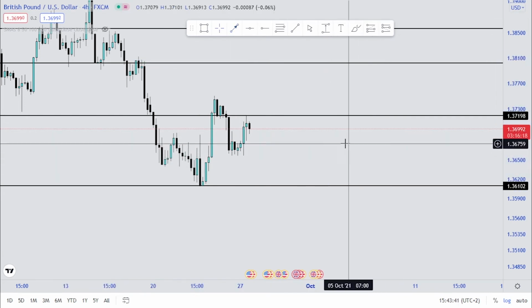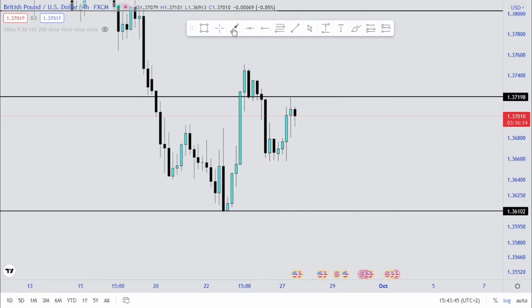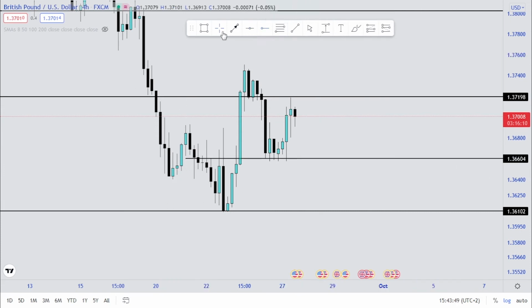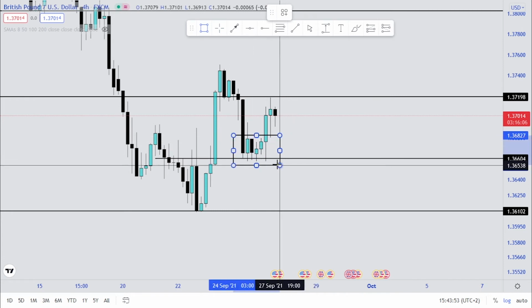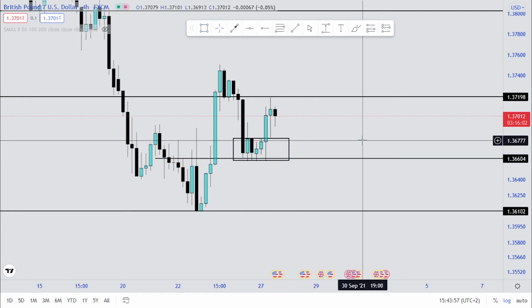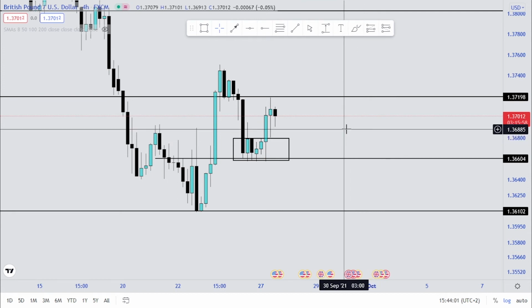So what I also can notice now on my 4-hour time frame is that price did form another box range area. If I mark this region here on my 4-hour time frame, I can mark this range right here, this box range area. I did actually take a trade on GBP USD this morning, as you guys will see in my